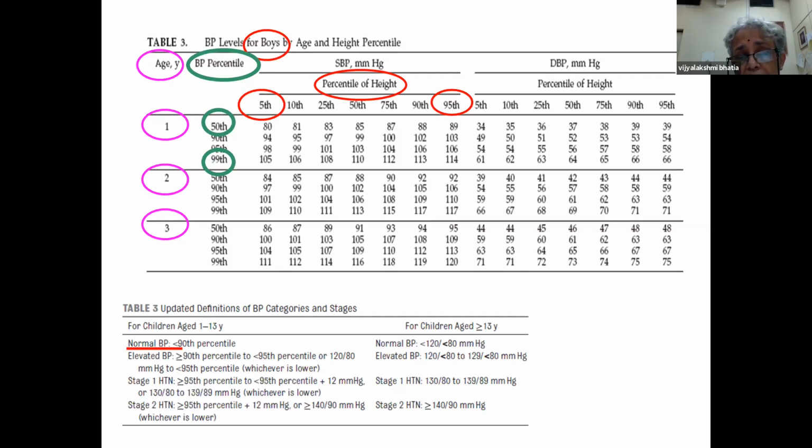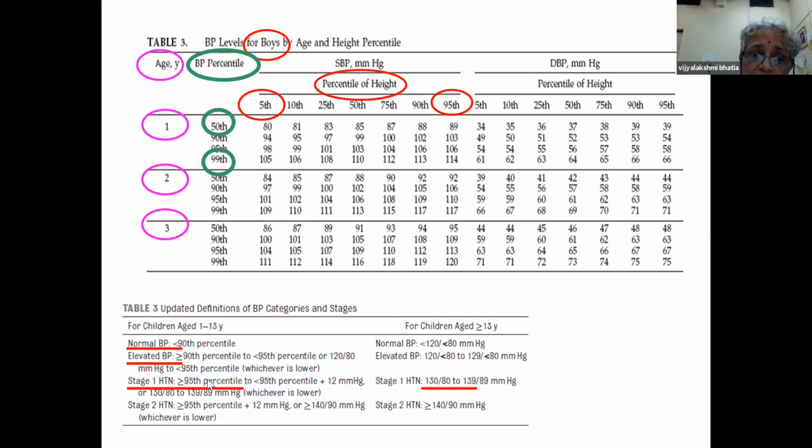Now, once we have the chart and we have seen the age, the gender and the centile, how do we then interpret? This is given below. Normal BP is less than 90th percentile. That is equivalent in adults to less than 120 systolic and less than 80 diastolic, which we are familiar with. Elevated BP is 90th centile to 95th centile, similar to 120 to 129 in adults. Then stage 1 hypertension is more than the 95th centile, up to the 95th centile plus 12 millimeters mercury, which is similar to